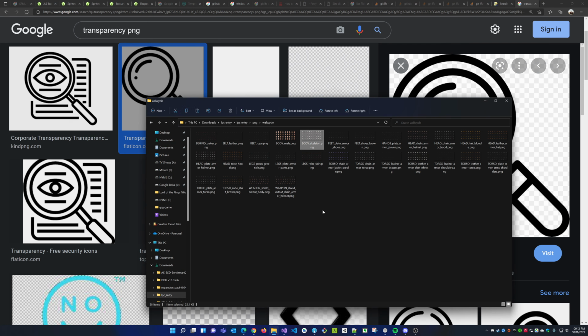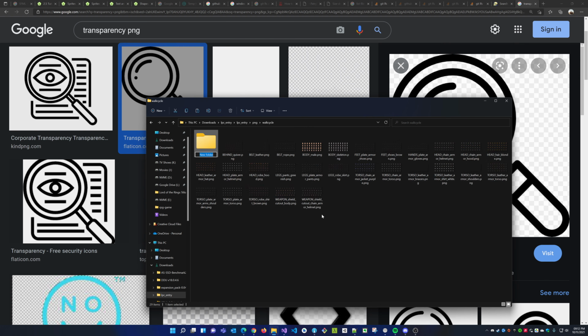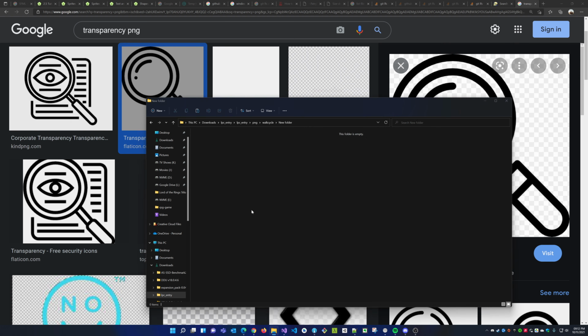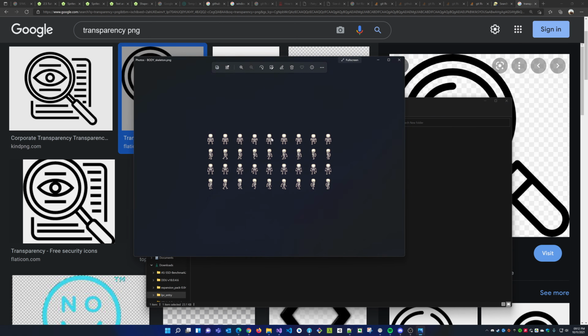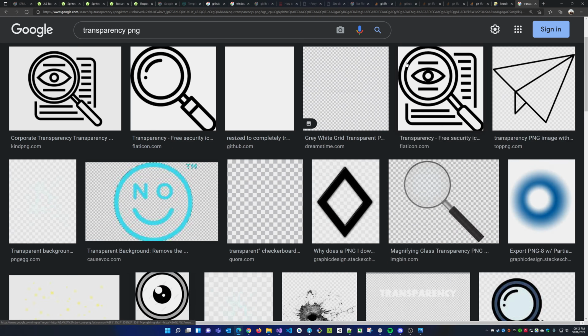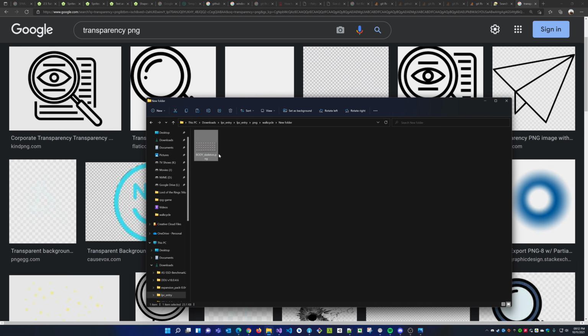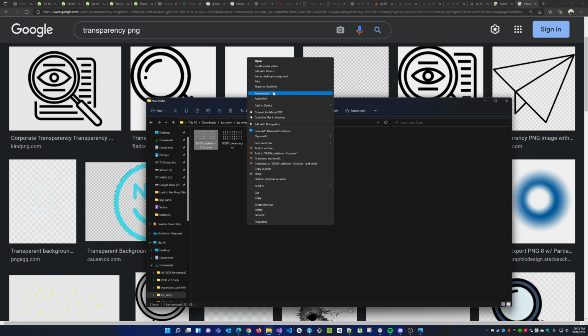All right, so this image, I'm just gonna copy it, put it in a new folder. Just gonna show you something. Right now, this is a transparent image because you can see the background of the window. Now, let me make it not transparent. If I copy this, paste it, and open it in Microsoft Paint, Microsoft Paint does not support transparency.